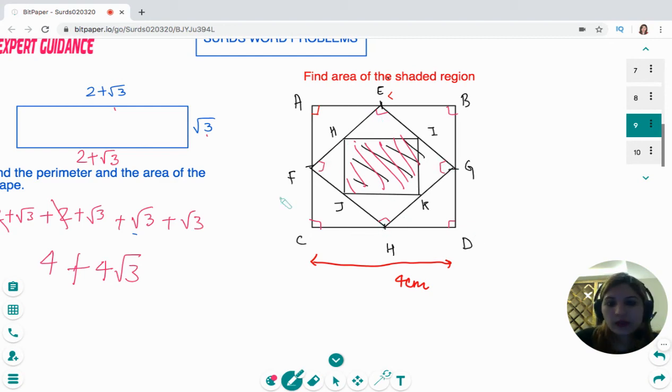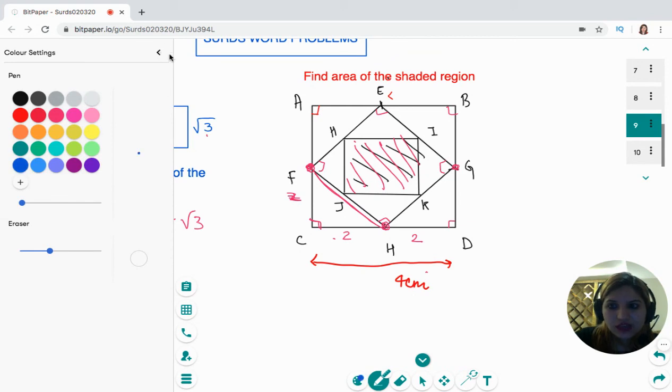And one thing we know, this is given to you in the question, that these are the midpoints. Now look at this question. If this is 4 centimeters, then this side is 2, this side is 2, this side is 2. Okay, now concentrate on this triangle. This is a right angle triangle. If this side is 2, this side is 2, you can find the hypotenuse by using Pythagoras